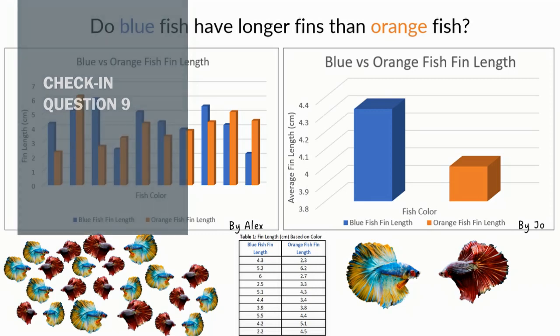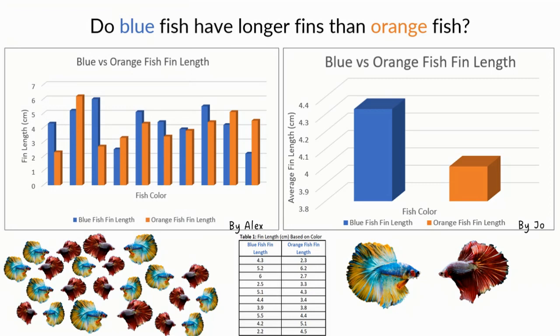Now, just looking at these two graphs, which one, off the bat, do you find more appealing or easily digestible? Which graph better answers your research question? Which one paints a clear picture and allows you to take a large amount of data and summarize it for people? This one, right? The graph made by Alex on the left is simply just a reworking of our data